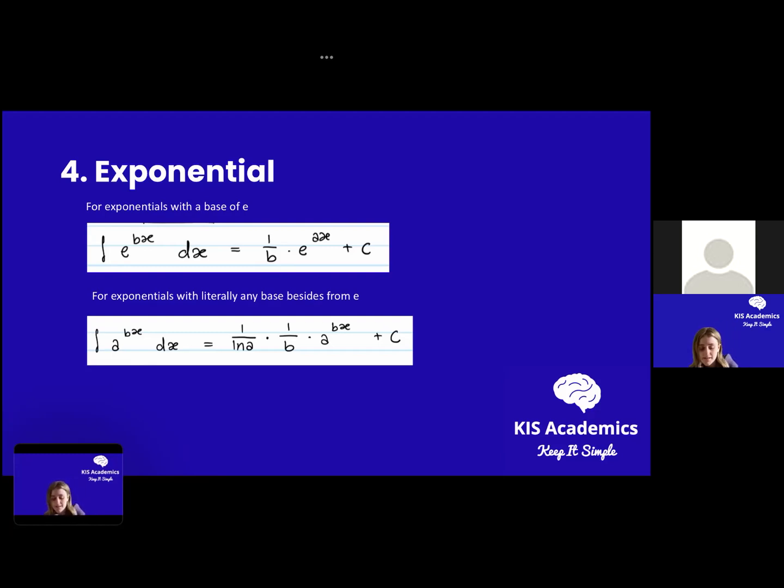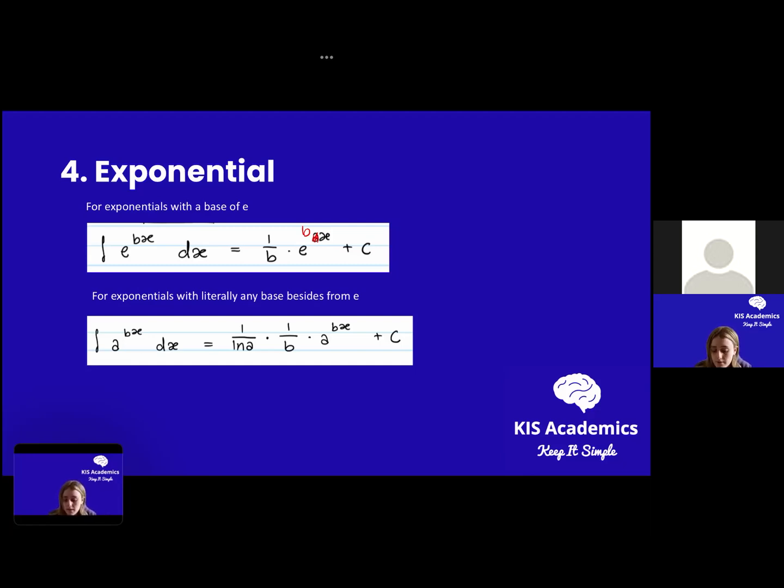And if you were in the differentiation workshop, we talked about the ln(a) or the base a when we do this. And so I thought it was important to show you that again here. So with our e to the power of bx, we can't use this for just any f of x. If we had a nonlinear power, this wouldn't work. We'd have to use a different rule, which is only covered in the very high levels of maths. But if we have something like this, don't know why that has suddenly changed to an a there. Just imagine that this is a b. What we're going to be doing is just dividing by our coefficient of x there,